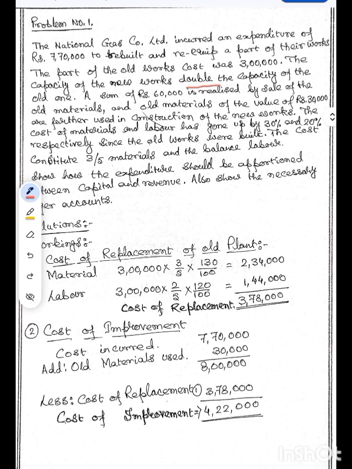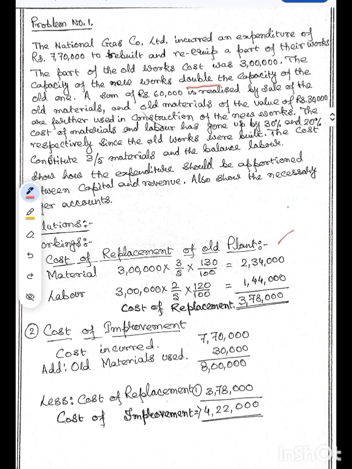The costs constitute 3/5 of material and balance for labor. So how should the expenditure be apportioned between capital and revenue? Also show the necessary ledger accounts. Okay. So this is our problem. So here first we come to our working number 1, that is cost of replacement of old